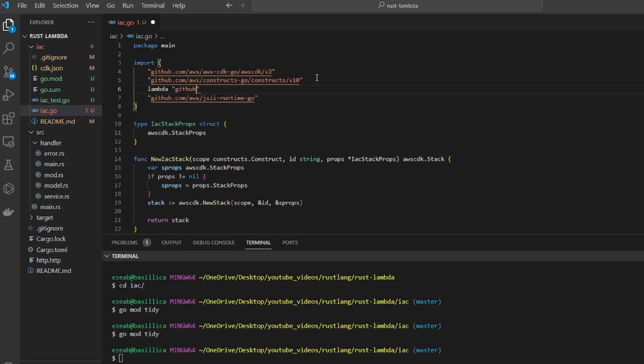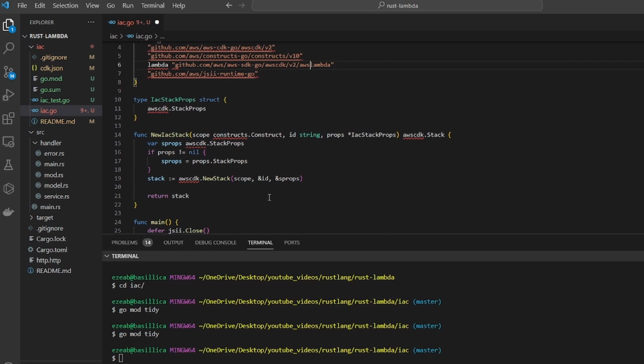I would think it should be github.com/aws/aws-cdk-go/awscdk/v2, and here this is actually awslambda. And yes, now we can